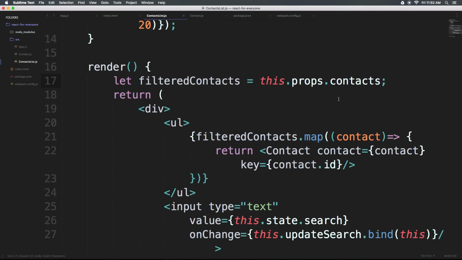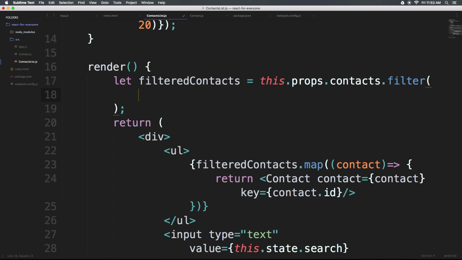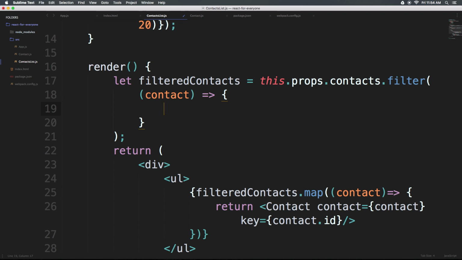So what we really want to do is filter this.props.contacts based on what the value in our state is, which is being set through this input. So we can simply, at the end of this contacts, say .filter. Now inside of here, we're going to have an arrow function. So what we really want here is anytime the characters in the search box exist within this.props.contacts, we want them to remain in filtered contacts. So to do that, we can have an arrow function where we can pass in contact. So this is the individual contact. And now we'll want to return